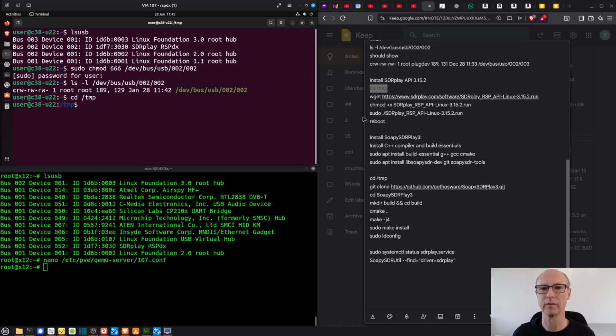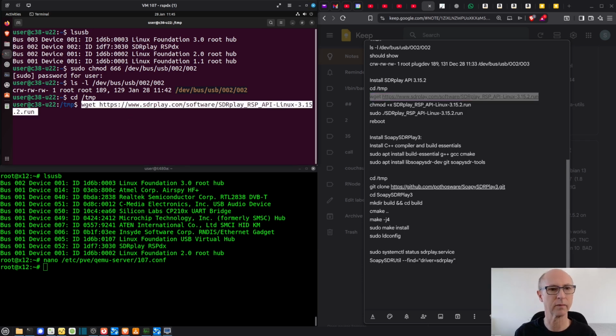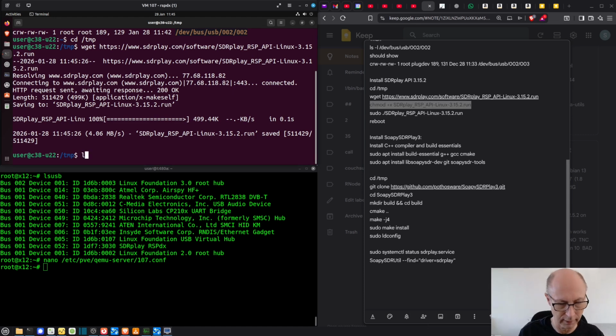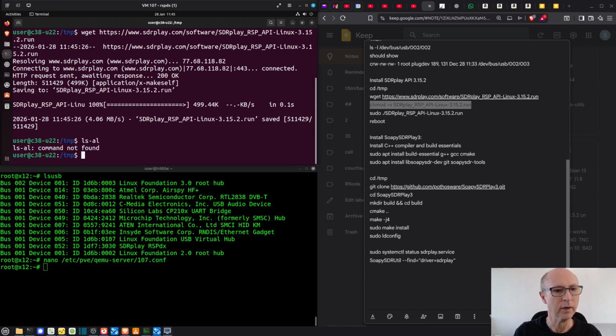So go into the temp directory on this virtual machine, and then we're going to copy this. Let's hope it's still there. I did check because the version number could have changed. That's downloaded. Very good. And it still has the same file name, so that's nice. Which means that I can use this, because we need to change the permissions on that file to make it executable. If we just look at it with this command,